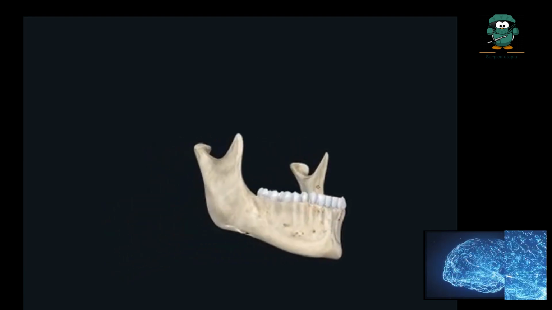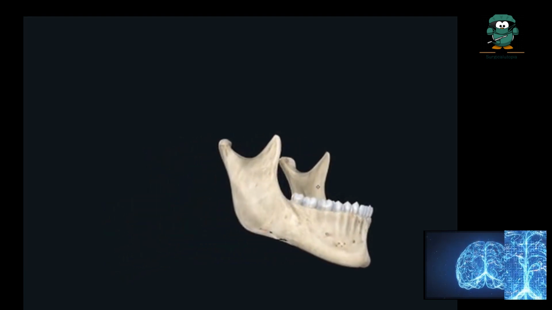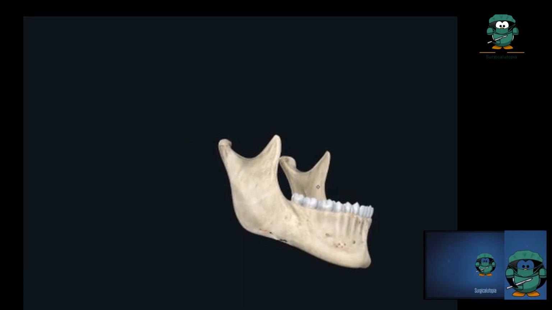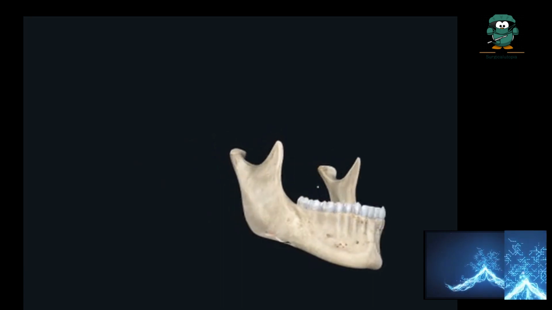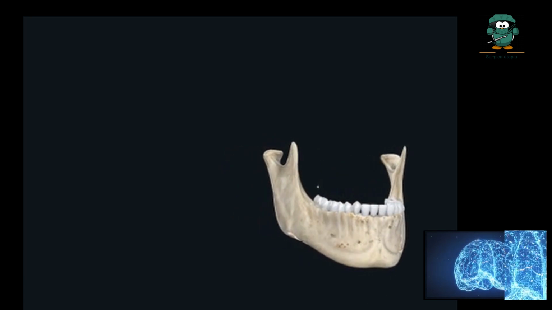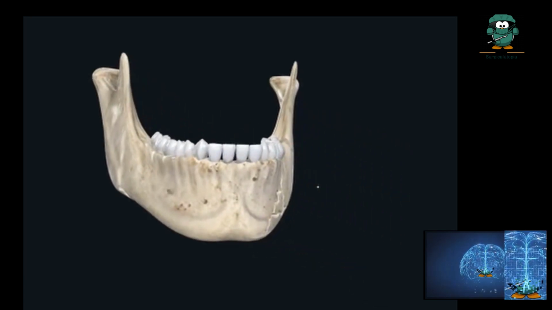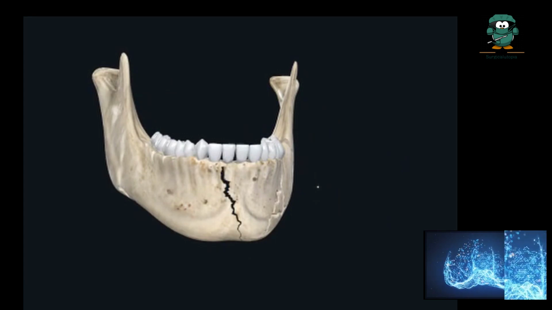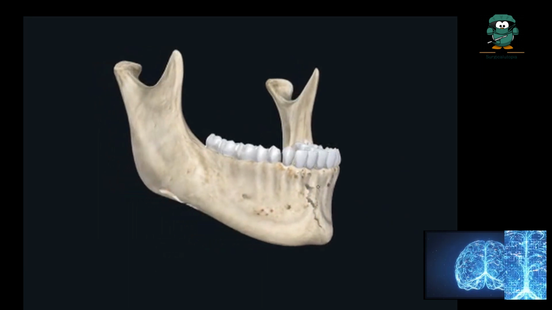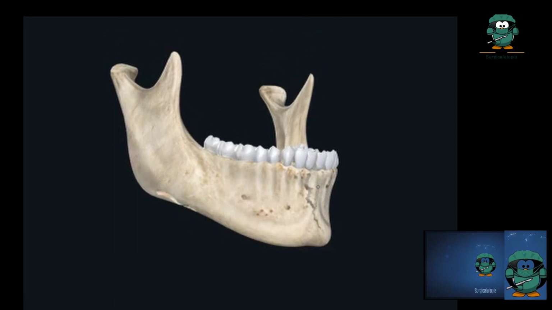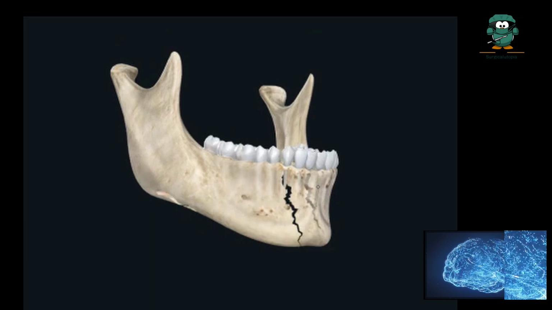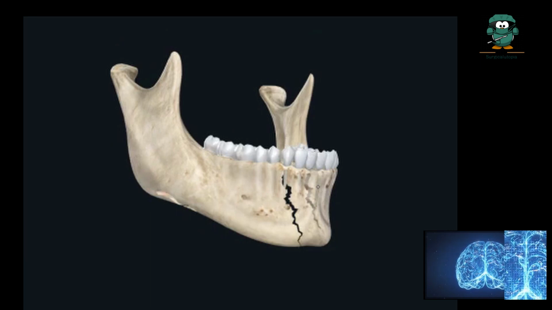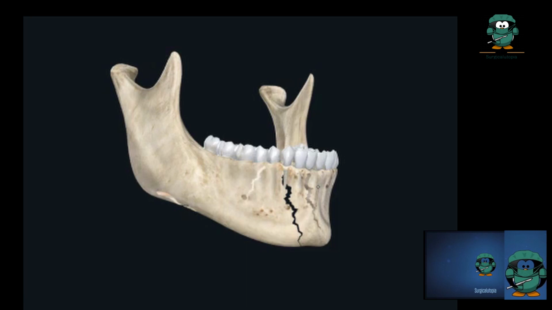Next, the L stands for the localization, and it is numbered from L1 to L8. So that is classified according to its location. L1 is the precanine fracture, then L2 will be the canine fracture here. L3 will be the post canine fracture, that is behind the canine, over here.